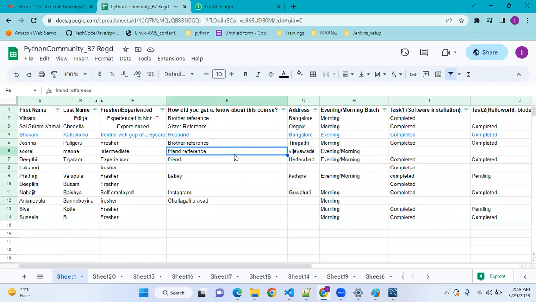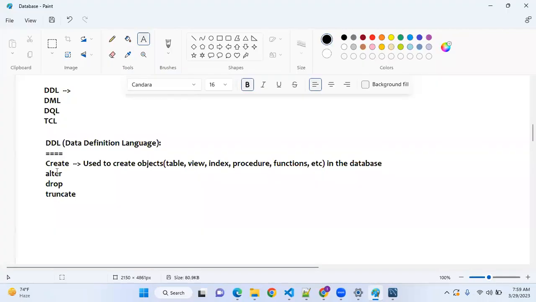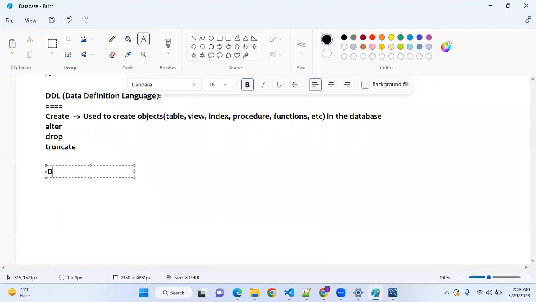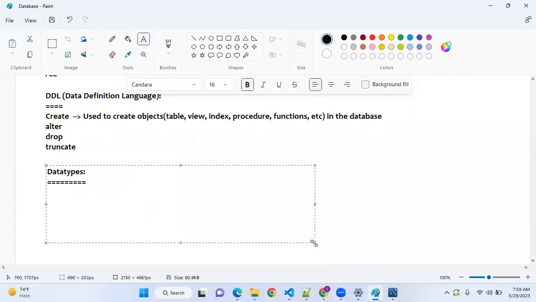Okay, before that, I just would like to show you a few data types of MySQL, guys. What are the data types that are available in Python? Int, float, tuple, set, dictionary, range, string, integer, float, boolean, list, tuple, all this comes under data types. Why do we have data types? To store the type of data. We have different types of data in real time, and for every type there is a data type.